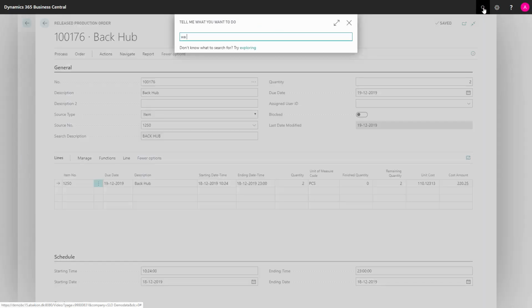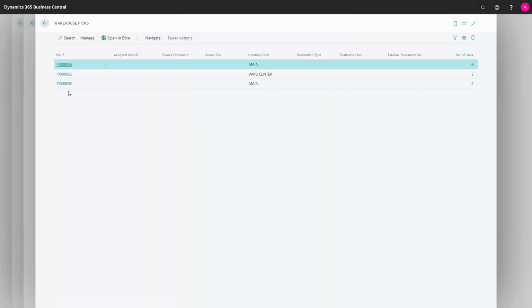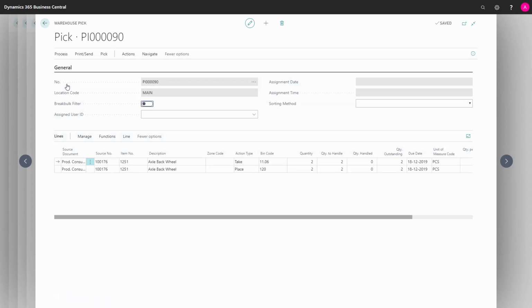Let's look at the warehouse pick we created in here, and I can send this to the warehouse employee, of course, to pick it. In this scenario, it only has one item available. I know we have 2 items on the component list, so the warehouse pick is only created for 1 item number. And it asks me to move quantity 2 from my pick bin to my production bin, which is stated on the location card or on the last work center in my routing.